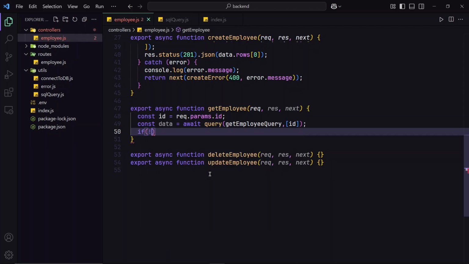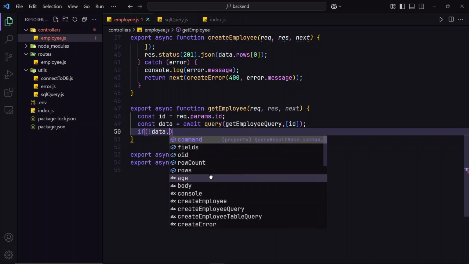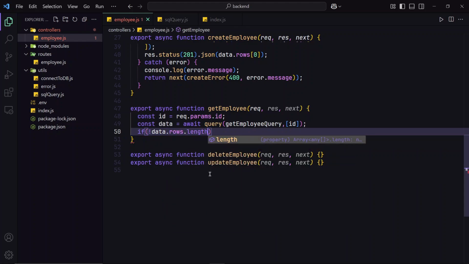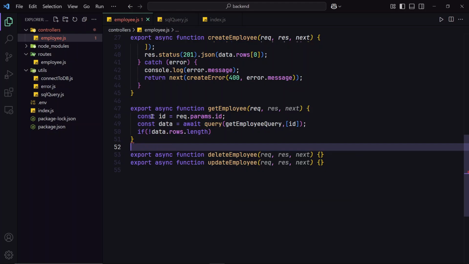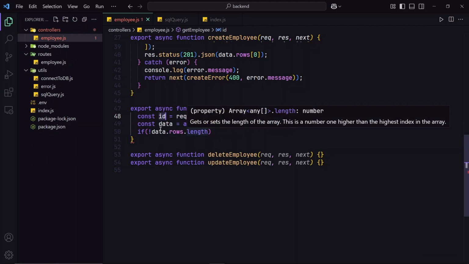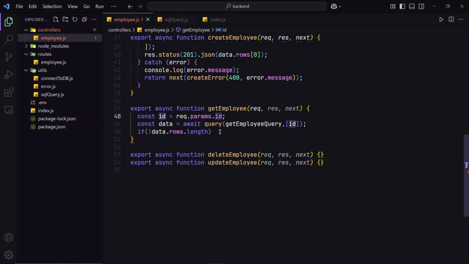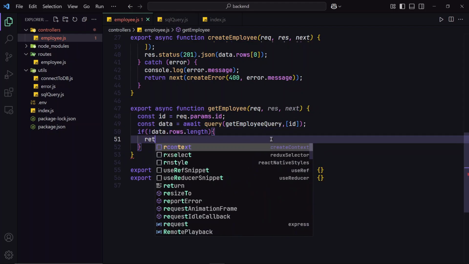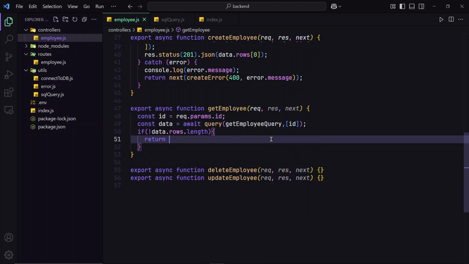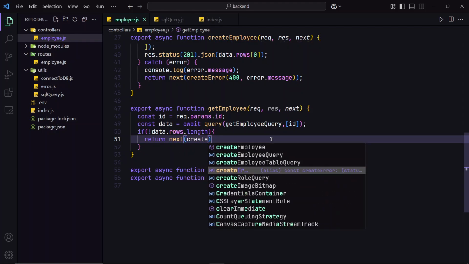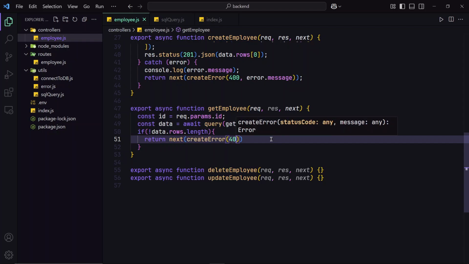If no data dot rows dot length, if we don't have employee data with this id, then the rows length is 0. So if it is not present, then we'll return next, create error 400, employee not found,